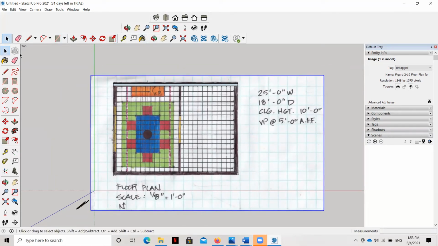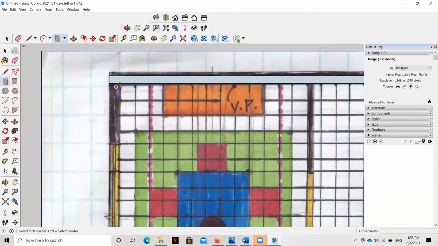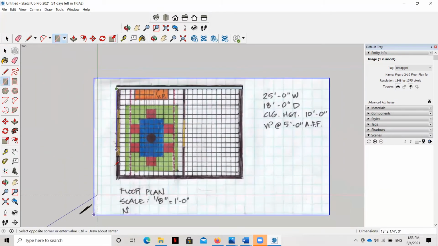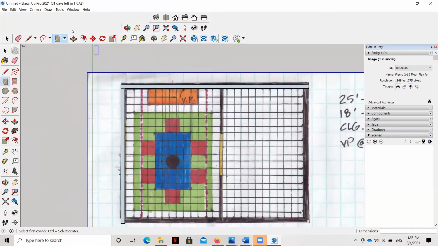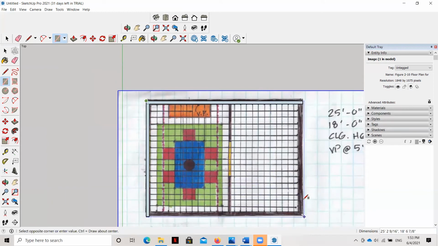We've got our walls in. I'm going to draw another wall down here, grabbing the corner here and drawing down. Remember, this one was 18 feet, so we're going to hit 18 feet, comma 6, enter, and then we'll have our walls there. Now, we can draw a floor now, although it's going to get in the way a little bit. We will have to hide it eventually, but I'll draw it in now. I'm going to start by this upper corner here. Walls sit on floors. And I'm going to put it right there.